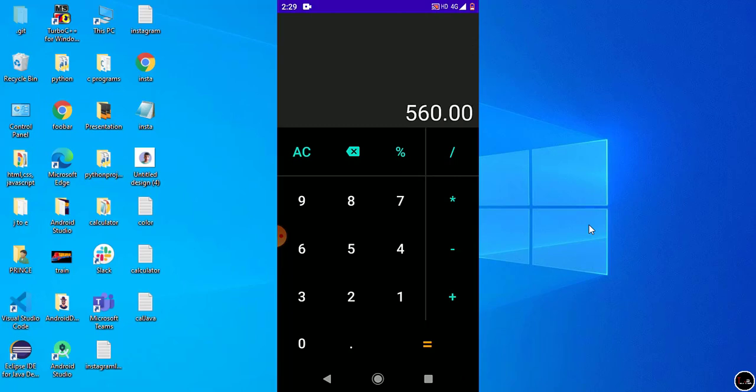Now do the same thing with this result. Let us suppose I want to divide this number by 10. So I click on divide and you can see this text automatically goes to the top. Now I want to divide this number by 10. And when I click on equal, it gives me again a correct result. So hopefully, guys, you understand everything we are going to make in this video.